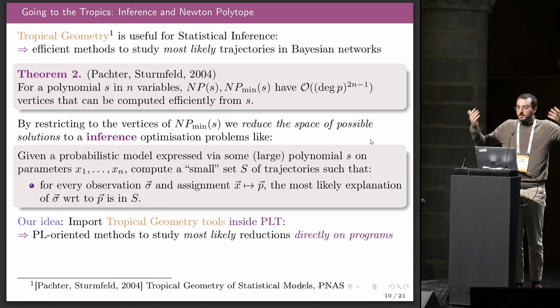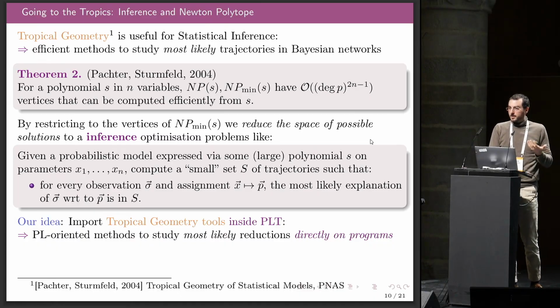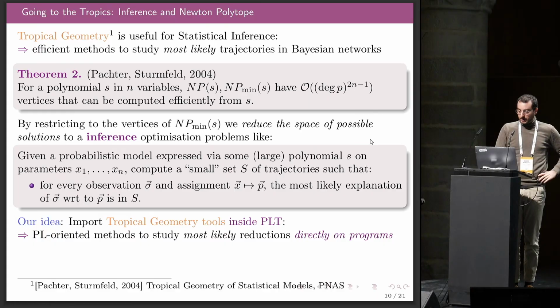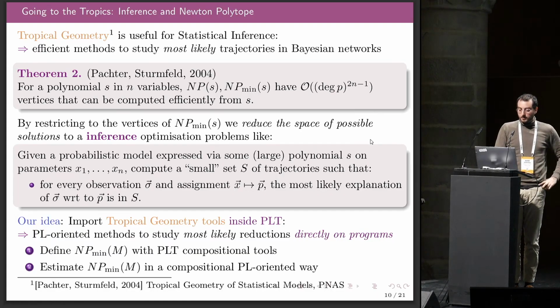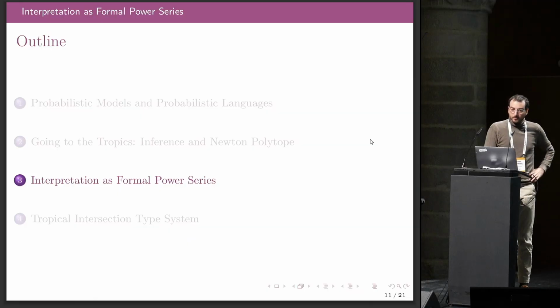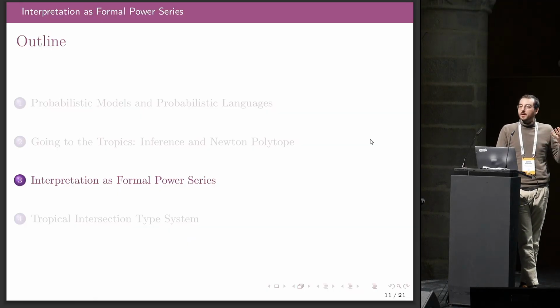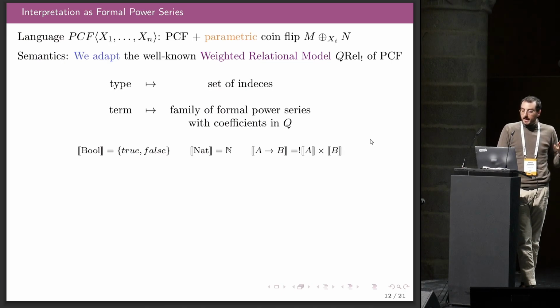And in this case, we take higher order functional languages, and so we have a lot of theory in that direction. So the 2 points that we want to address is, can we define with these compositional tools the Newton polytope, or actually the minimal Newton polytope for a program, and can we estimate it, can we compute it, or maybe not? So first of the 2 questions, when we think of compositional tools, well, typically we think of categorical or denotational semantics, and there is a very well known, very well studied model of these kind of languages that we consider. So Lambda-Calculus extended with even just one very simple